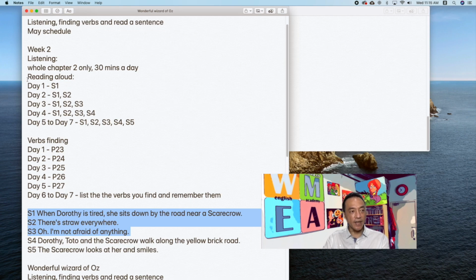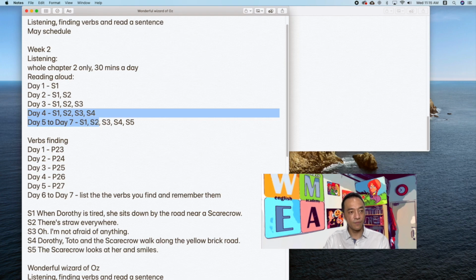When you're reading aloud, don't just read it. Use your phone to make a recording. Making a recording could help you to understand how well you read. And then day 4 to day 7. Okay?